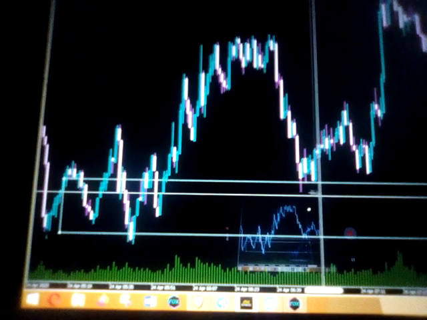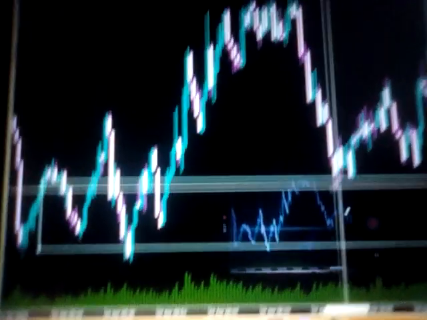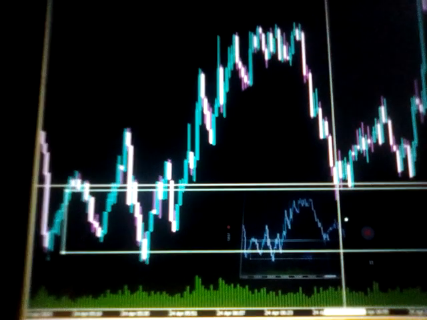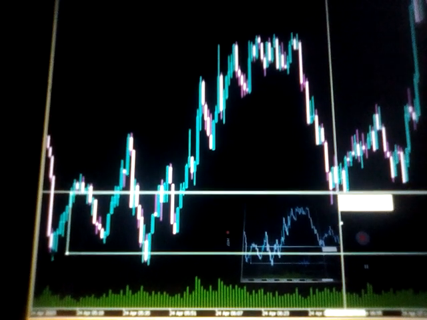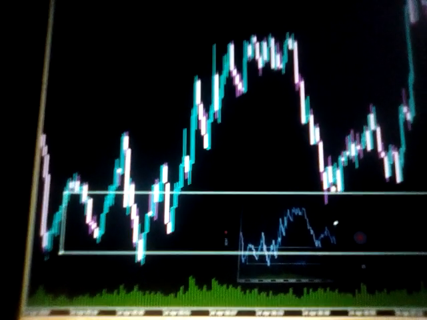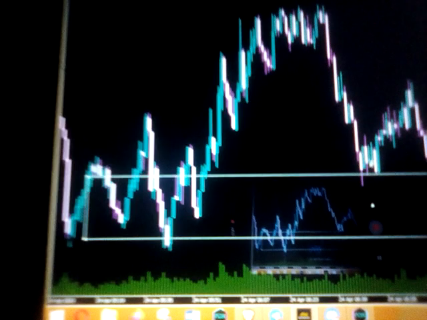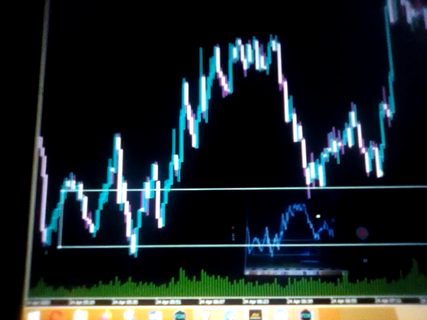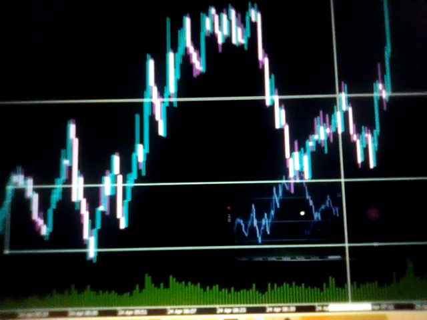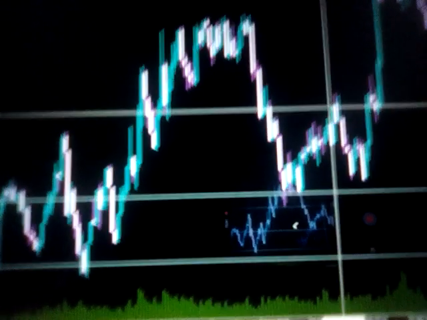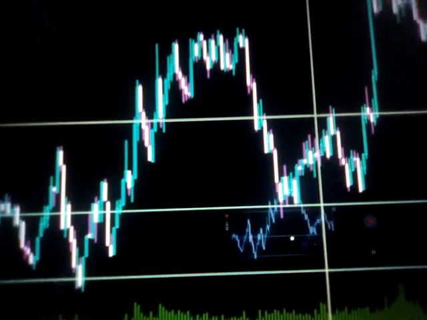Now this time it did not cover all my zone. It just retested my zone perfectly, and it formed a double bottom. It struck my zone through a spike, came up, down, then up again. What I've told you is don't enter after just the double bottom. Wait for the break of the high and then a retest. In this case,